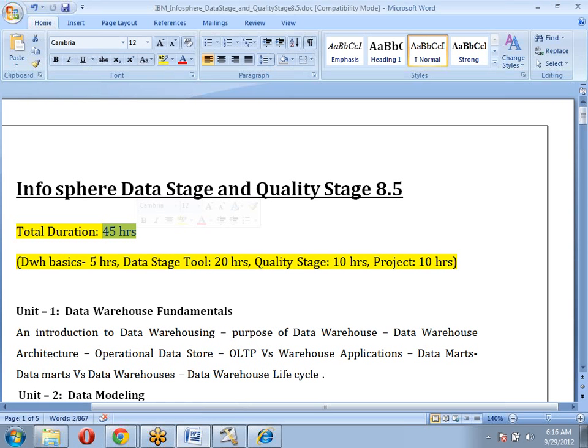Those advanced stages also we are going to cover, not in the first class itself, because if it is a one-to-one session, then we can start with advanced topics in the first class itself. But when it is a batch, some people are completely new to data warehousing, they need to understand, so we also need to focus on them. That's why in the initial days we are going to discuss simple jobs for 5 or 6 days, but when we go to advanced classes, we are going to have complex jobs also.